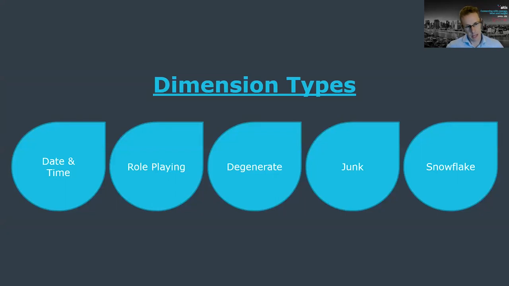The dimensions can then be categorized amongst a number of types. So first off is date and time dimensions. They're probably fairly self-explanatory. Your time dimension would have a row for every second of the day. Date dimension would have a row for every day of the year or the date range that your use case needs to cater for. And then we can extend on that by using the attributes that we talked about. So you may have attributes that give additional context and create hierarchies on your date dimensions. So you may have fiscal year, fiscal quarter, calendar year, calendar quarter, day of the week, day number of the year, these sorts of things.